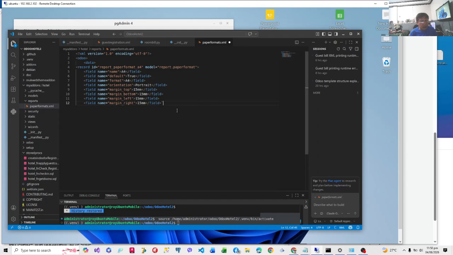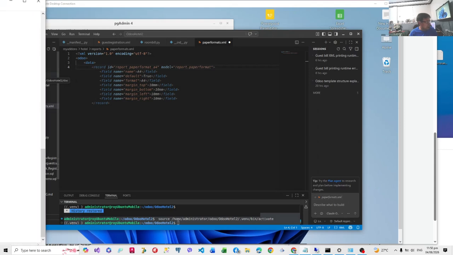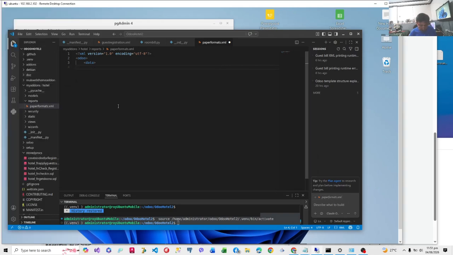Okay, so it will suggest paper formats. Let me just copy the tags and then explain the different paper formats individually.